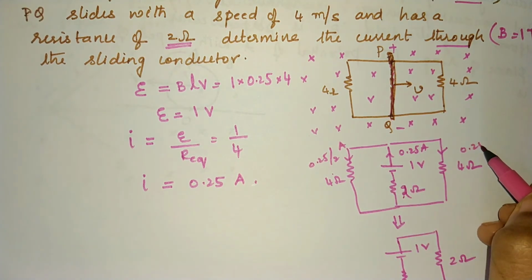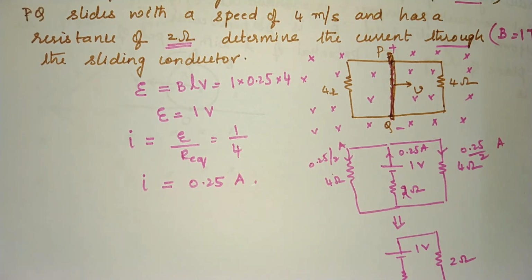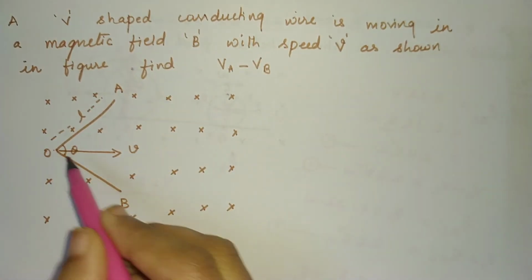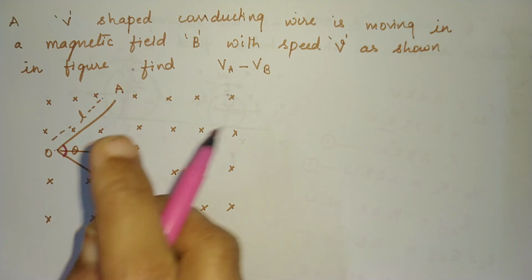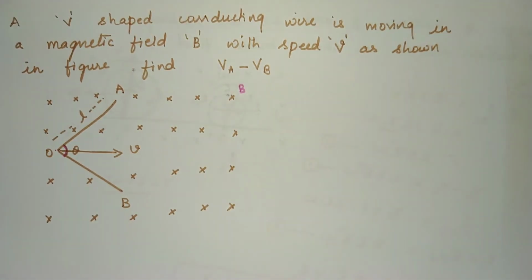In this 4 ohm, 0.25 by 2 ampere, that's 0.125 amperes. Okay, now coming to this question, they are giving you a shape of the conductor which is in the form of a V shape, A to O and O to B. This whole angle is given as theta, and this frame is going to move with a velocity V in a perpendicular magnetic field. So in such a case, they are asking you to find the potential difference between the ends